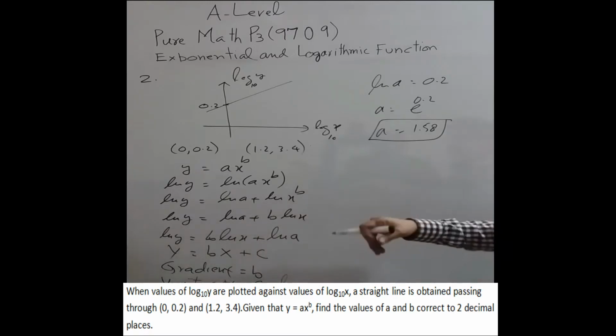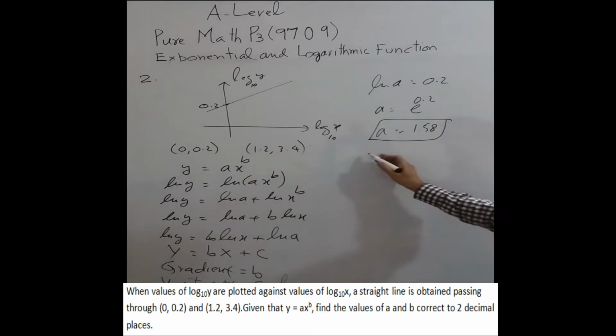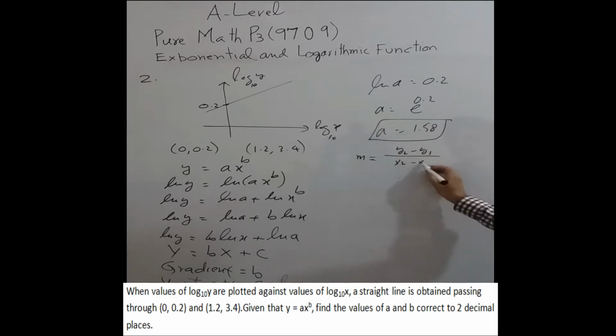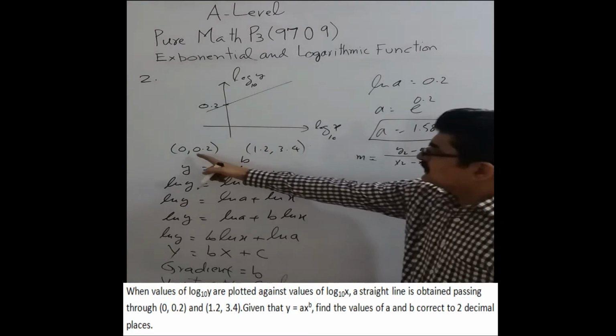Now how will you find the gradient? You are given 2 points. You know that the formula for gradient is equal to y2 minus y1 over x2 minus x1. Also keep in mind that basically these are the values of